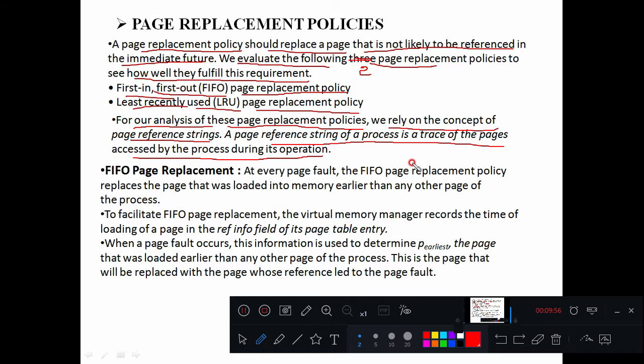That is nothing but a page reference string. Trace of pages in the sense it is a part of the pages, right? So which part is going to be referenced at what time, that is the page reference string.